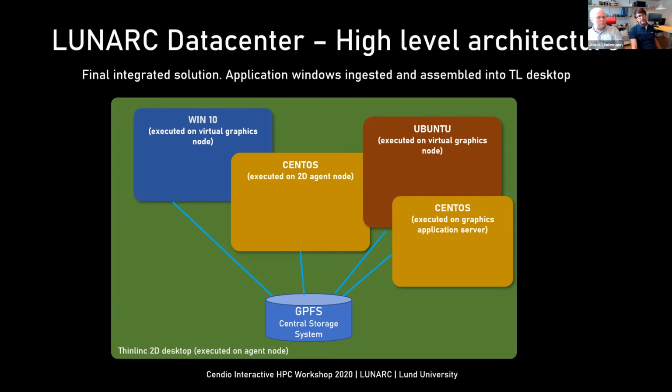So one good thing here is that if a user, for instance, runs a parallel computation, could be a CFD computation, he or she can access the data, as the data is stored on the central file system, then he or she can start a Windows-based post-processing app and access the same data. So go back and forth between different OSes.